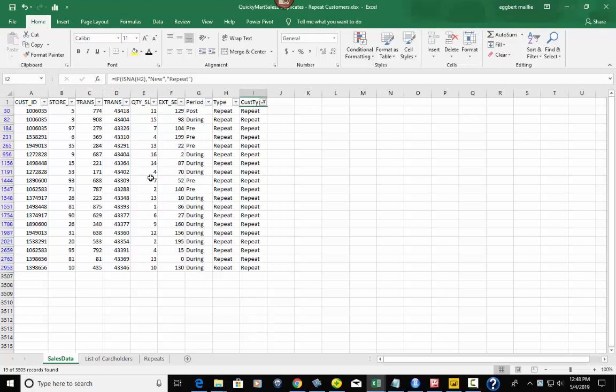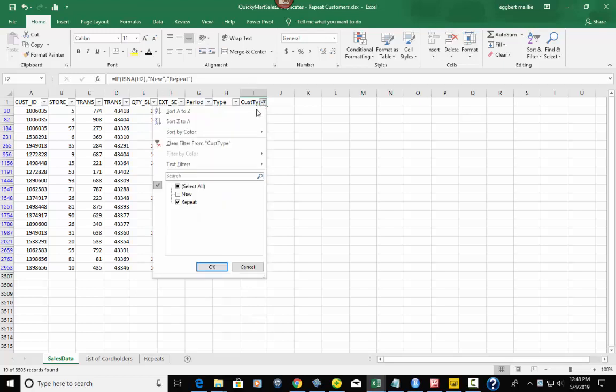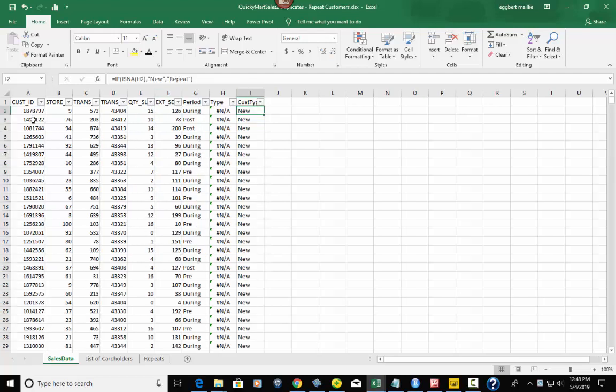So what I've done there is show you how to take a whole list of customer IDs. And what's really valuable with this is that you can identify repeat customers. You can identify how many times they've visited, and I might want to target them differently. Because those are my repeat customers, in this case Quickie Mart sales, I might want to send them a coupon to reward them for coming back in more than once. Maybe give them 10% off on their future purchase or future visit or something like that, and send them